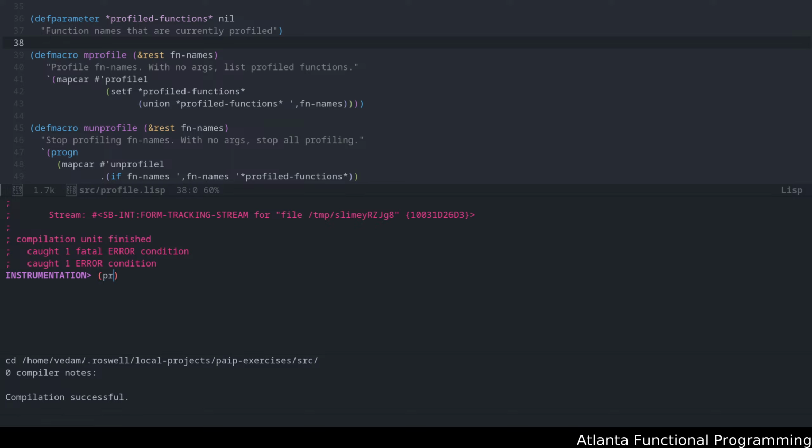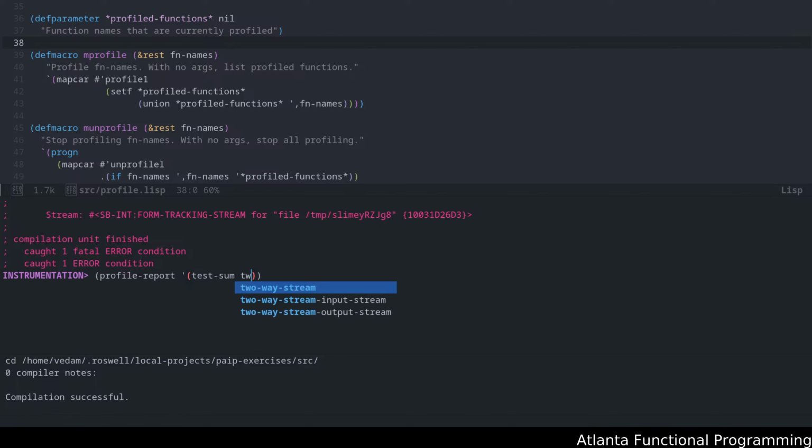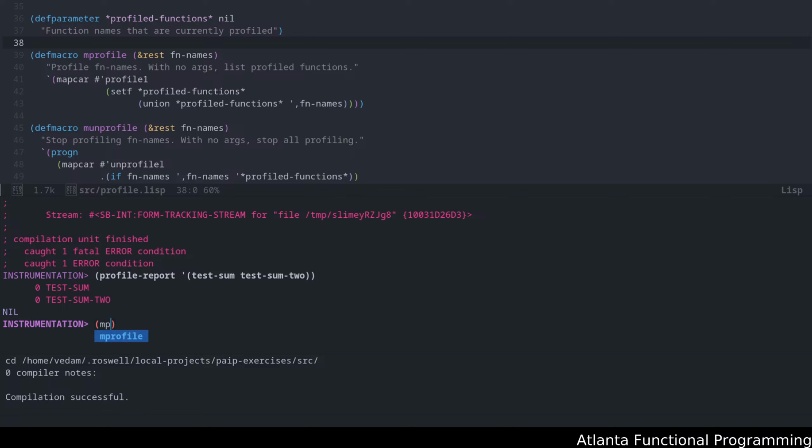For completeness, just to remind ourselves, we took out, if I'm not mistaken, we've unprofiled both of these. Okay, so we're good. Let's go ahead and profile them again. And again, we need to quote each one that we're going to be profiling.